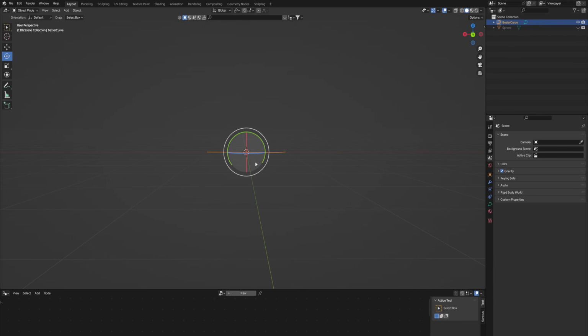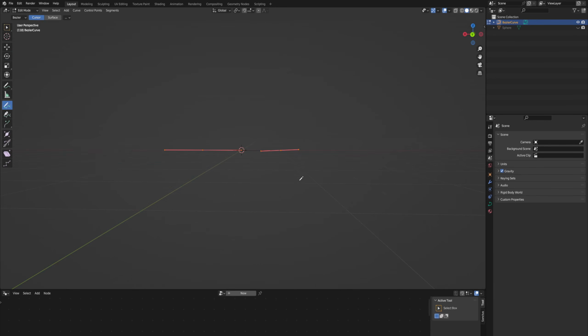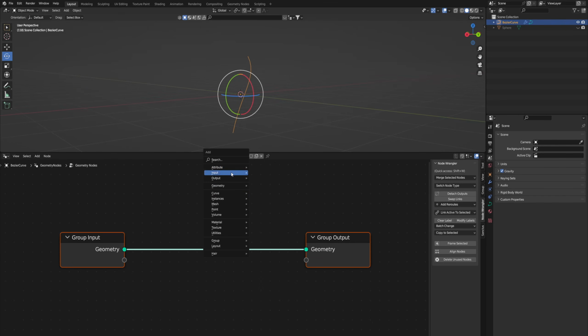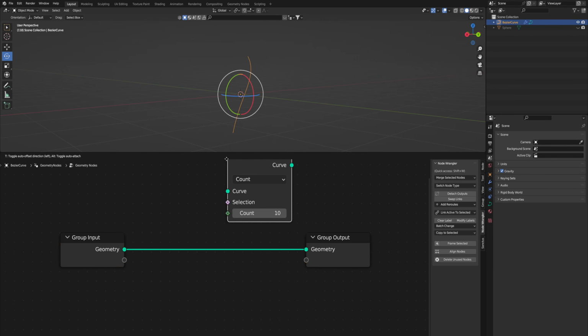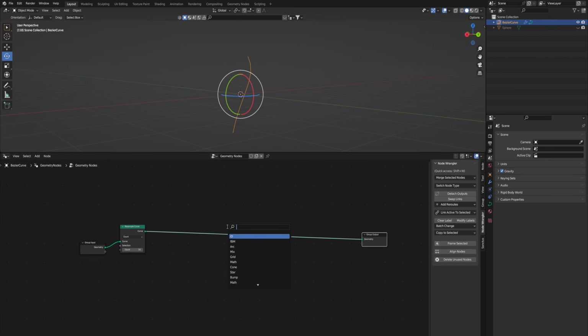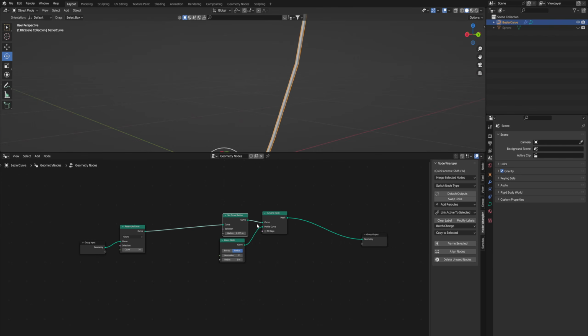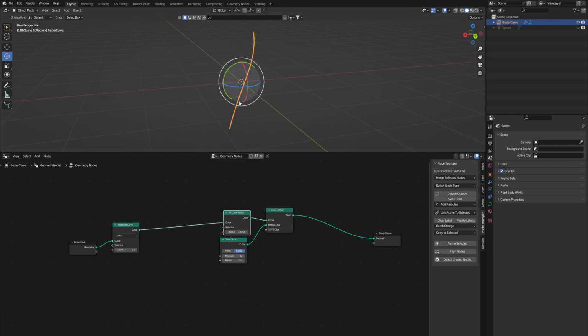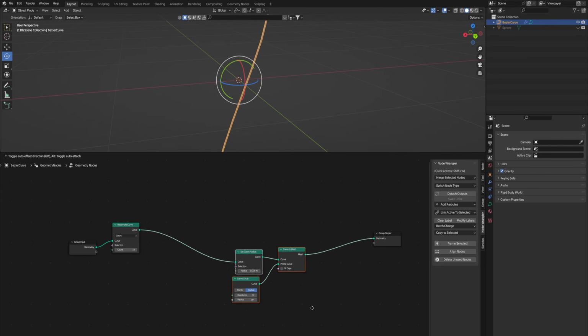With the grapes though, the way that all the branches come out, you're going to want to go into edit mode and just make sure the curve is on an angle or facing down. If you just have it flat like this, I'll show you later, but the branches won't come off in the right spot. Open up a GeoNodes here, and we're going to start off with a resample curve. Let us adjust the resolution of the curve, and I'll go curve to mesh and set curve radius, and I'll add a curve circle too. So you can see if you plug that in, you'll get a bit of thickness, and we'll adjust that later.